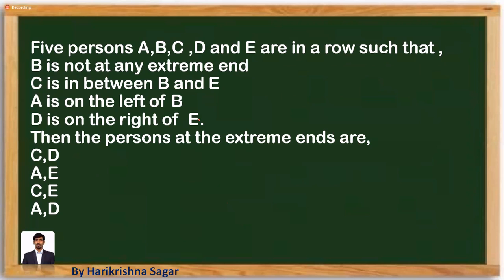Look at the next question, which is available on the screen. Five persons A, B, C, D, E are sitting in a row. B is not at any extreme end. C is between B and E. So it must be like this. C is sitting between B and E. And A is on the left of B. How can we take it? A is on the left of B means we can say